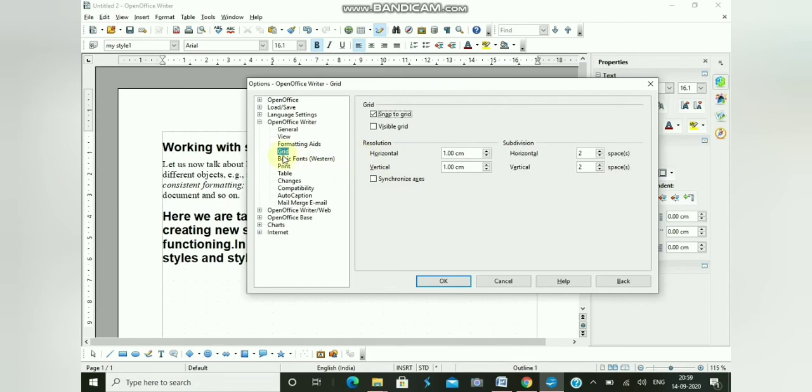These are the different options which we find from the options dialog box, where we have to go to Tools, and from there click on Options and we get these options. These are the default options, and according to the users we can change them. So this is the topic from our options. That is how to set up our Writer document.